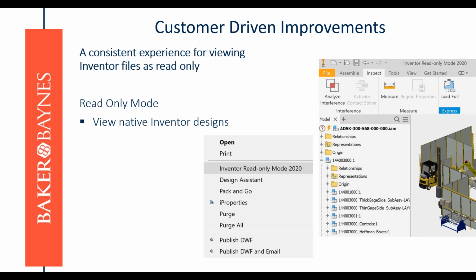Inventor read-only mode does not expire. This is really important to know. Read mode for Inventor does not expire. It's not like a trial version that expires after 30 days. I will read the link again: